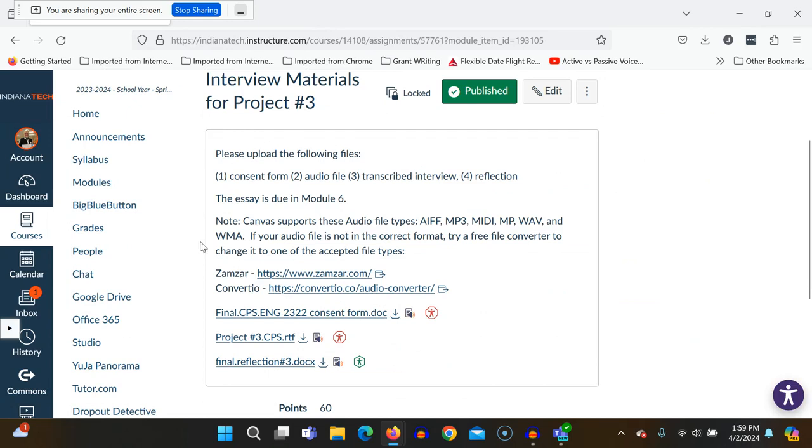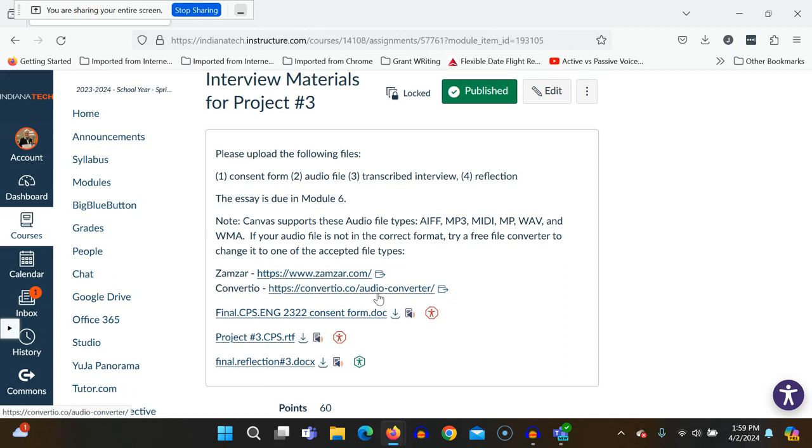The audio stuff. Most of you are going to use your smartphone to do the audio interview. It tells you what kinds of audio files you can upload into Canvas. These are the ones. If you're like me and you don't really know exactly what all of those things mean, you don't really have to. That's the good news. You're going to use one of these particular 2 audio files, you're going to be fine.